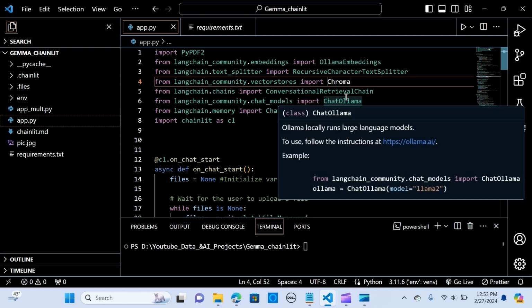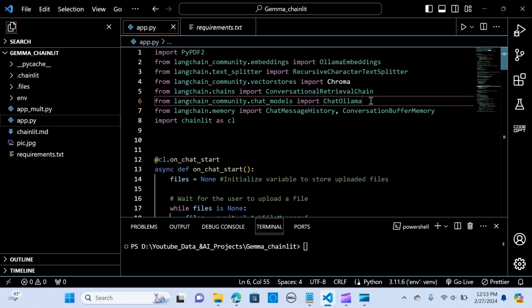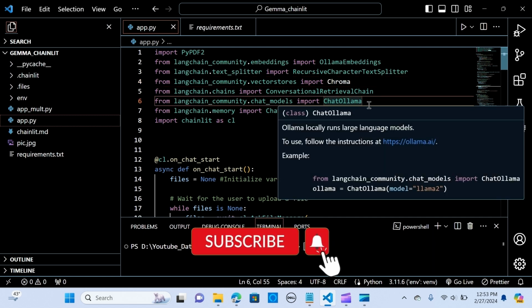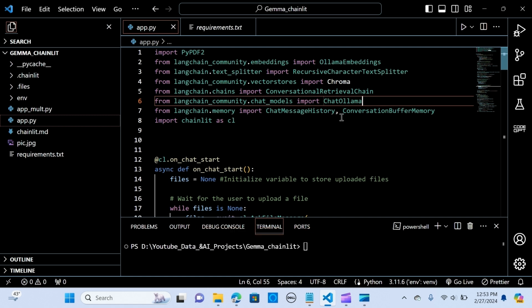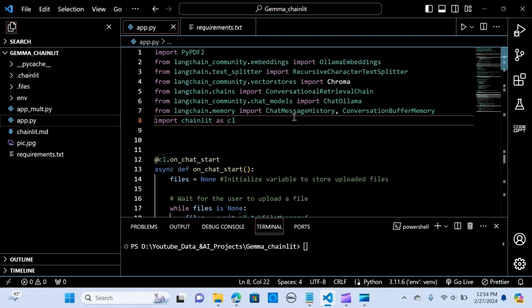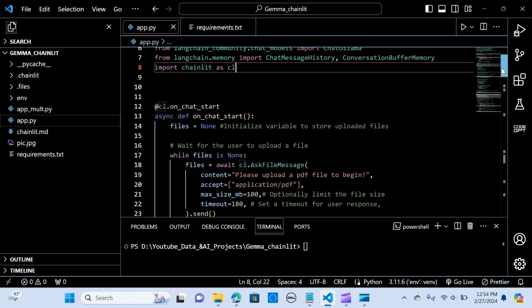So ConversationalRetrievalChain to create a chain, ChatOllama to run the model, and the ChatMessageHistory and ConversationBufferMemory to store the history of the conversation, and import Chainlit as cl. All right. So first we start from